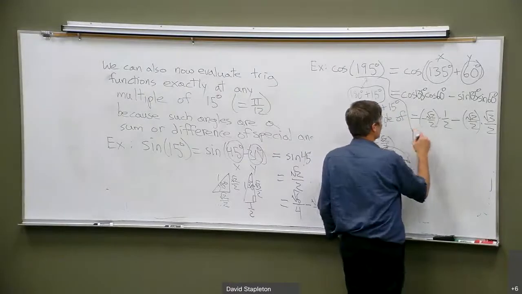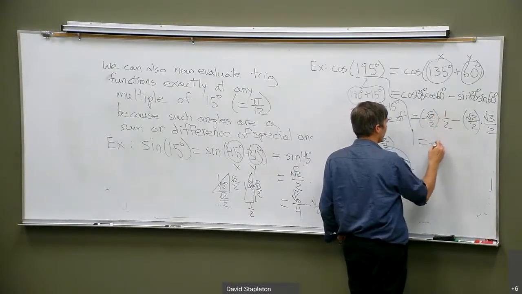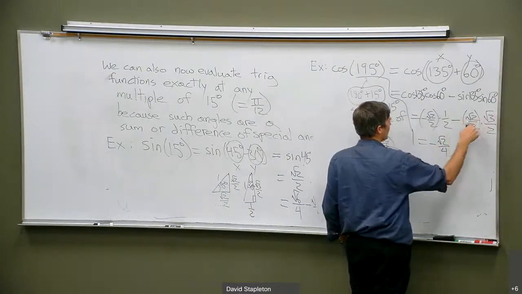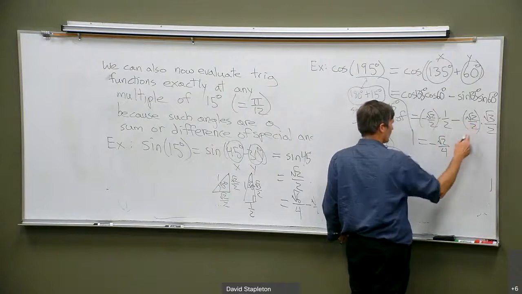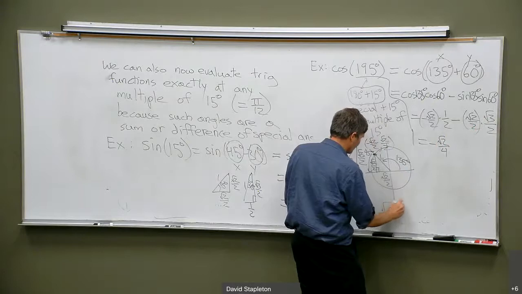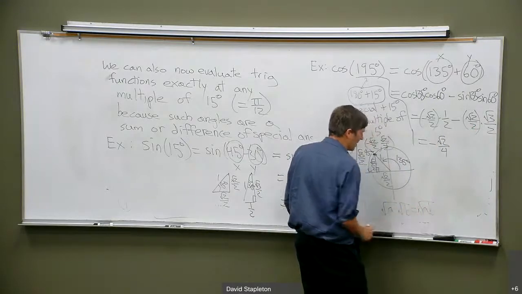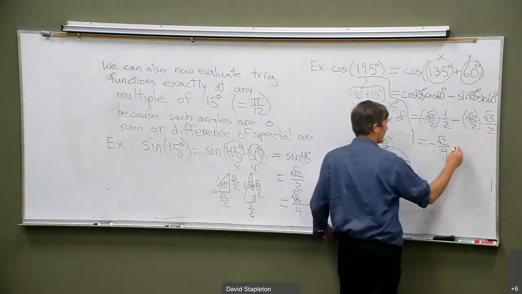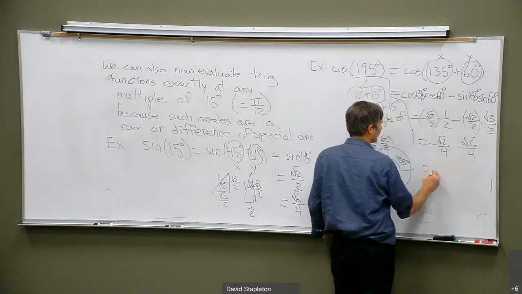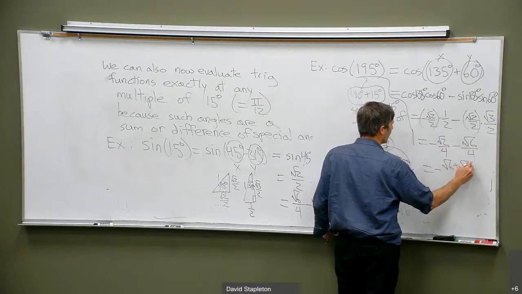So this one, again, with quotients, top times top over bottom times bottom makes this minus square root 2 over 4. And this one, top times top over bottom times bottom, multiplying the square roots. Remember this property, I said it before, but square root of a times square root of b for any non-negative numbers a, b is square root of ab. You can combine these. So this is square root 6 on top here, and 4 on the bottom. And this one, I get minus, if I simplify it, square root 6 plus square root 2 all over 4